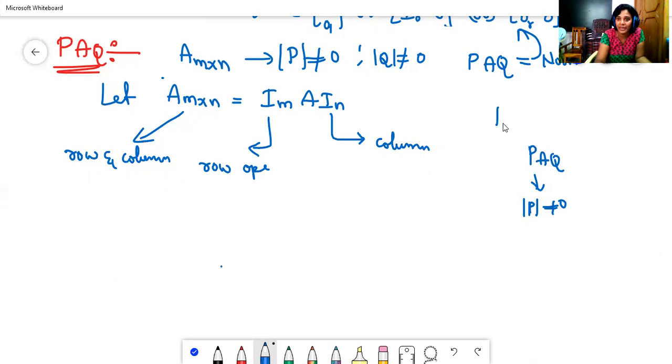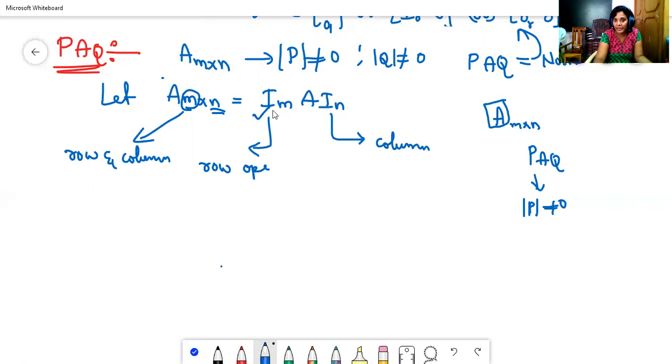Only the A matrix is given, and it is also of a different order, not necessarily a square matrix. It's either square or rectangular, so we can take any order m by n. In that case, remember the row order of the A matrix, and choose that identity as the prefactor of A. In the A matrix, how many columns are there? That order is the identity matrix as the post factor. That's the first assumption.